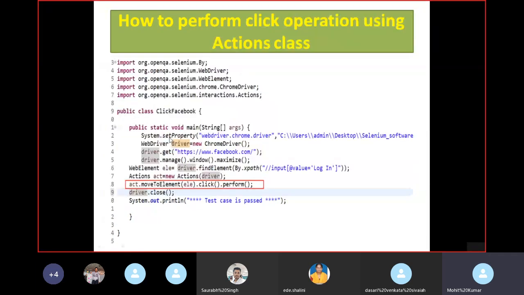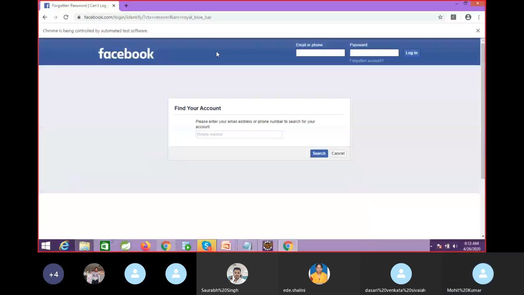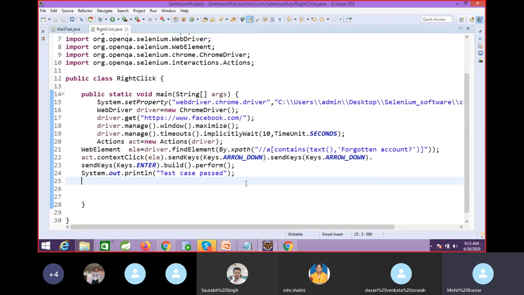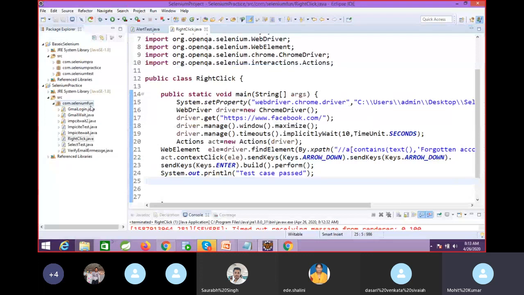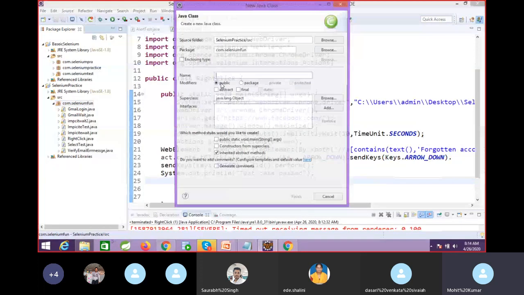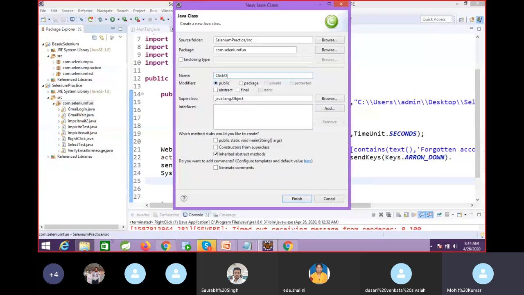Okay, so how to perform here? We can also perform click operation by using the Actions class. So I need to click on this. Same code, I'm creating another class, better: click operation with mouse over, click operation.